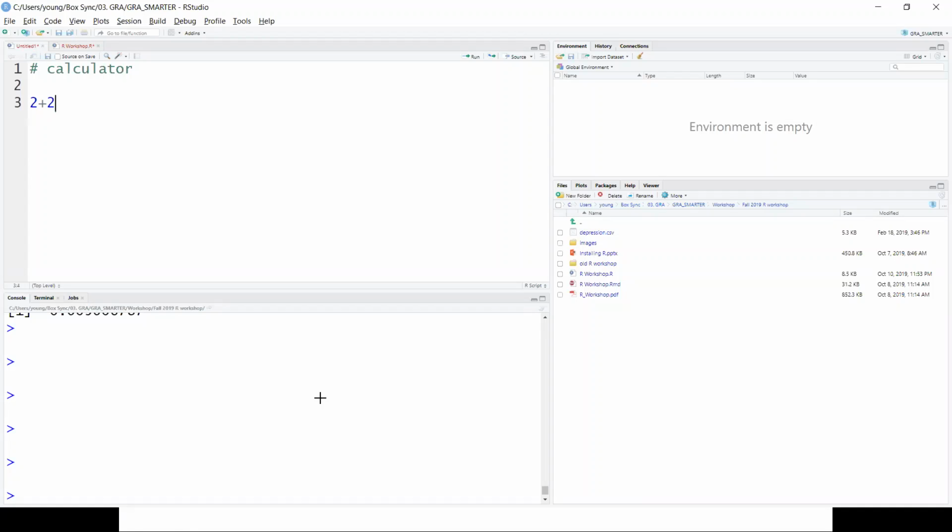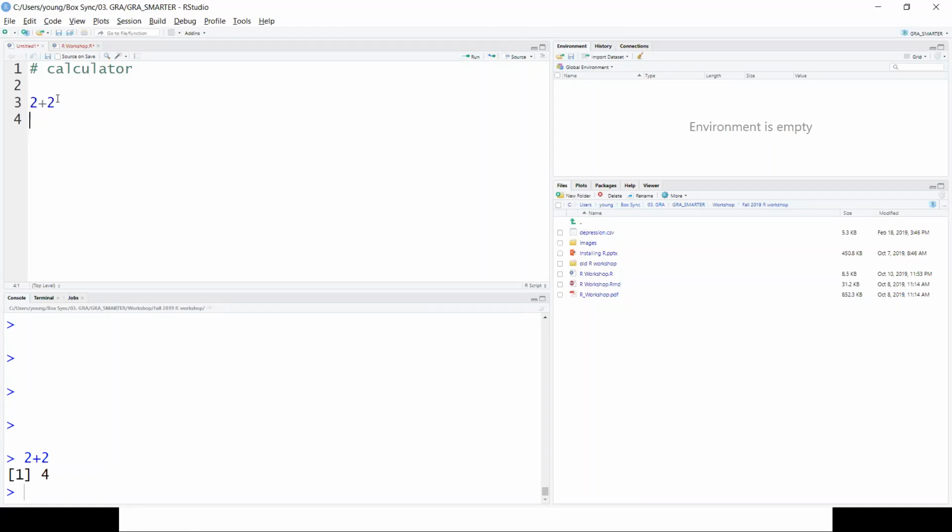addition. For addition, of course, we use this plus sign here. And when you want to run this, there are a few ways. First is to click on this line, and then there's a little option called Run. You can use this, and then the result will pop up here.